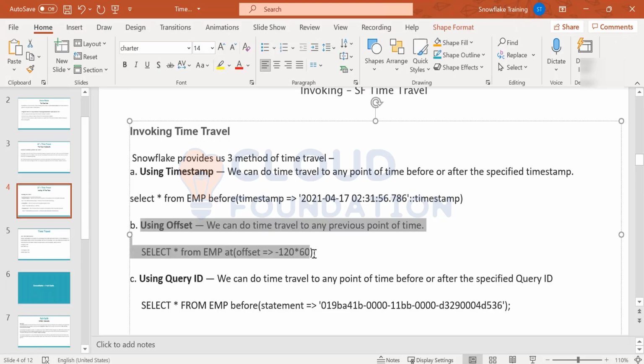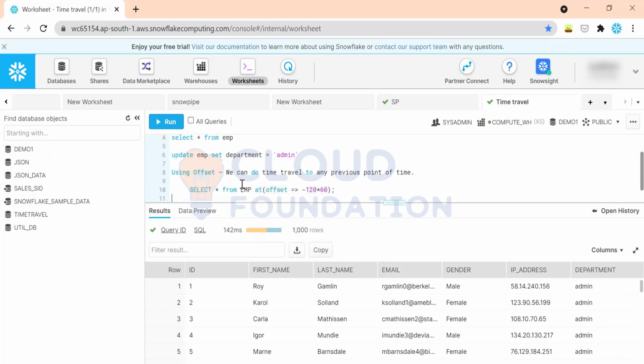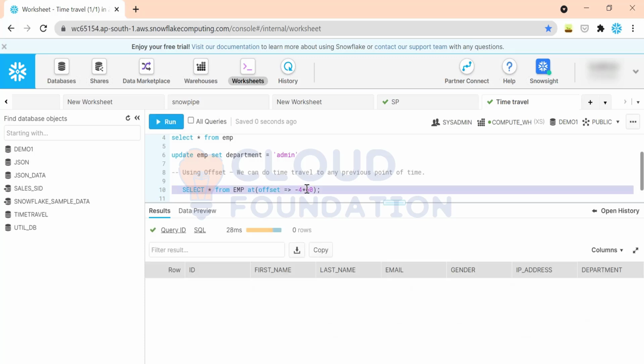Let's use the offset first. Okay. So when we created a table, let's say I want to travel back 4 minutes. 4 minutes back, I created a table, but I didn't insert any data. If I go back 3 minutes back, nothing is there. If I go back 2 minutes back,